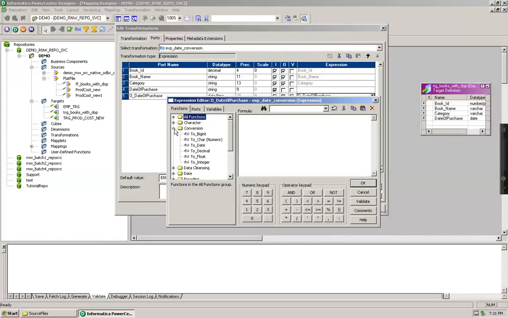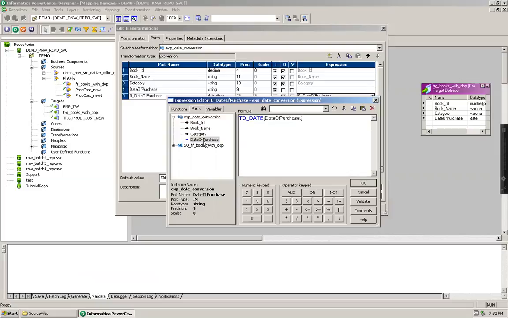So for that, I'm going to use a conversion function toDate. This has a character as input and a format, that is also again a character. So the character which I'm getting as a value is date of purchase, and the format is dd/mm/yyyy.